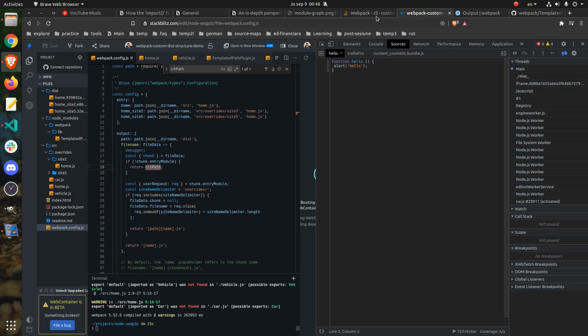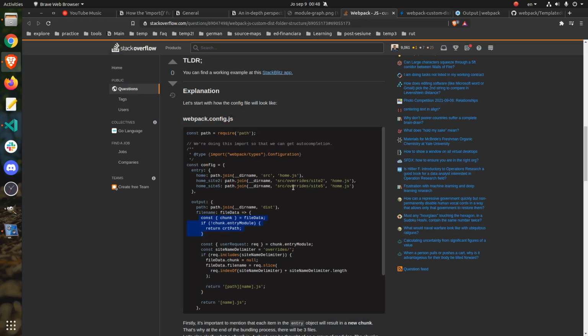Okay, anyway, I guess that because I haven't tested with any import function, this if statement wasn't executed. But anyway, so coming back to our solution, we are considering now only the main chunks, and a main